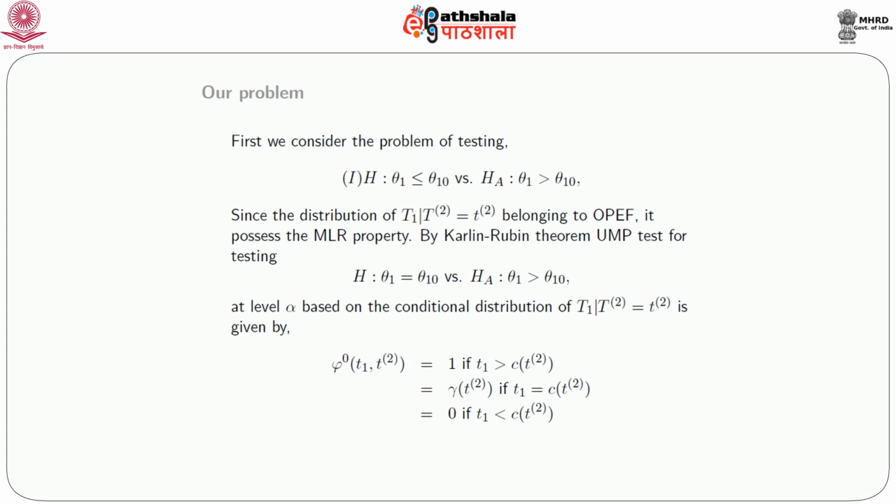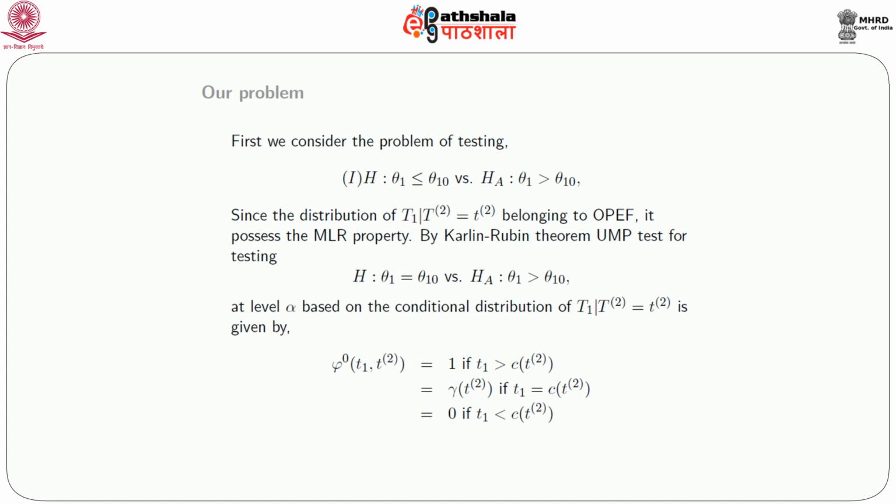Then by Karlin-Rubin theorem, as was discussed earlier, the UMP test for testing H: theta 1 equals theta 1 naught versus HA: theta 1 greater than theta 1 naught at level alpha based on the conditional distribution of T1 given T2 is given by phi naught